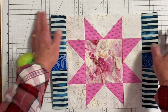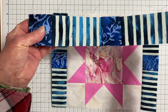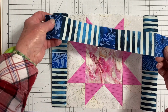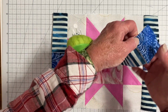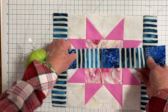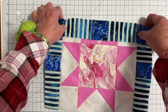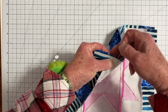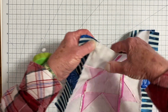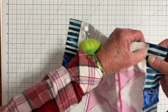I'm still just, these want to go out. So the other 2 sides, I added a corner piece on each side, and when you add the corner piece, you're going to press them towards the center, so toward the frame. And now I am going to lay it that way. When you lay them next to your block, you will have the seams going in opposite directions so that they will sew nicely. And again, sew with the back of the block up,